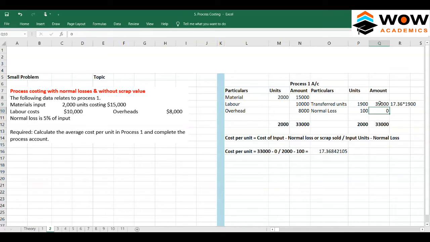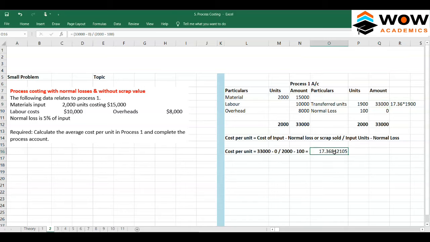Okay, hope you got the idea here. So the idea is, put all the inputs on this side, put all the outputs on this side. As normal loss, no amount is given as scrap, you cannot put any value, so it is 0. And the transferred units, they have not mentioned it. It means that is the balancing amount. So 1900 is the transferred units. The amount is going to be 33,000 only, but the cost per unit is 17